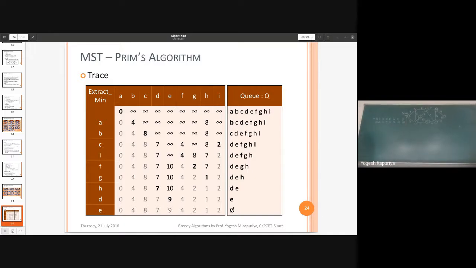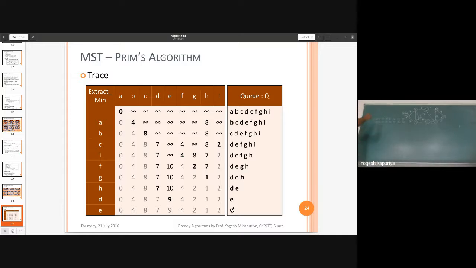So the key for every vertex is going to be infinity except the first vertex. That first vertex is called the source vertex. Okay. So this is the first difference between Kruskal's approach and Prim's approach. Kruskal's approach doesn't start with any specific vertex. Prim's approach always starts with one specific vertex. That vertex can be anything. It can be any of these, but you have to select one of them from where you will start building your minimum spanning tree.